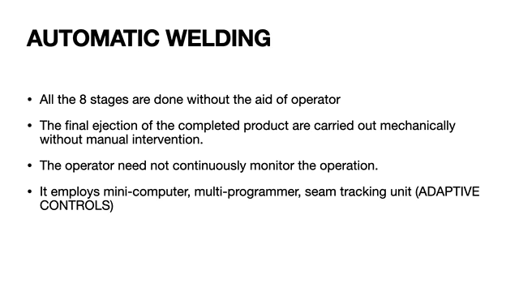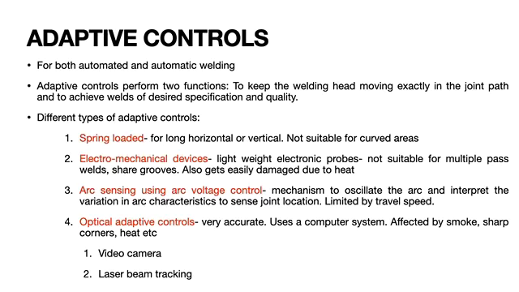The only thing we have to do is give a program, and you see these things are developing day by day with the advent of artificial intelligence, Internet of Things. The automation has become more flexible compared to maybe 10 years back. So a computer is needed, a programmer is needed, and the adaptive control unit is needed. And we will be discussing from here onwards in much detail about automatic welding as well as robotic welding. So let us start with the adaptive controls.